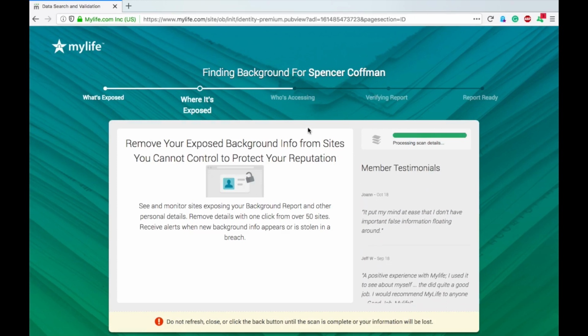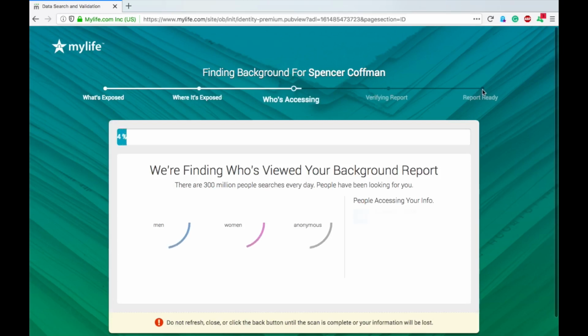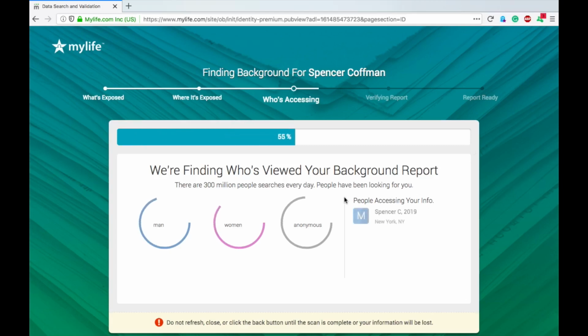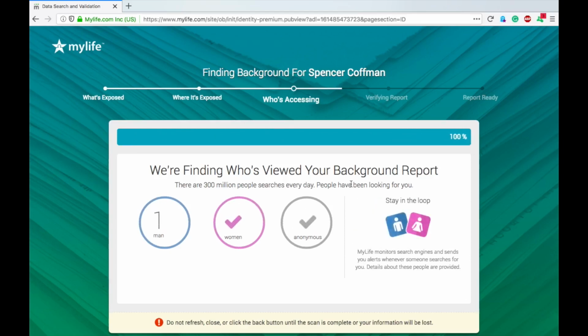So what they're probably going to do as soon as this is done is come out with this report, have this report be ready. Then they're either going to try to sell you the report or sell you a service to remove your information. But again, I have not been through this, so I'm not really sure what's going to happen next, but we'll give it the time to find out. We'll see what's going on.